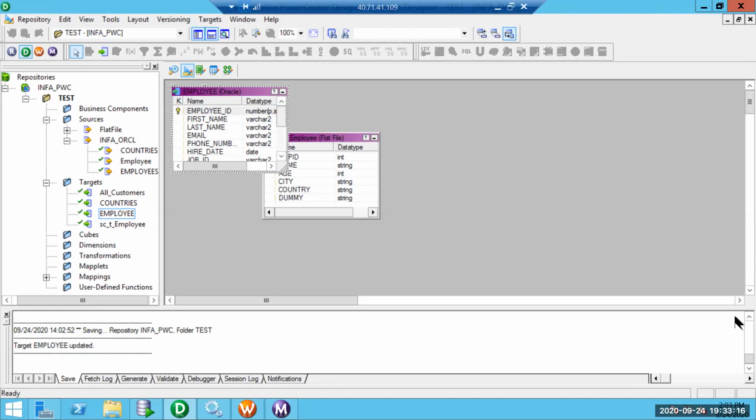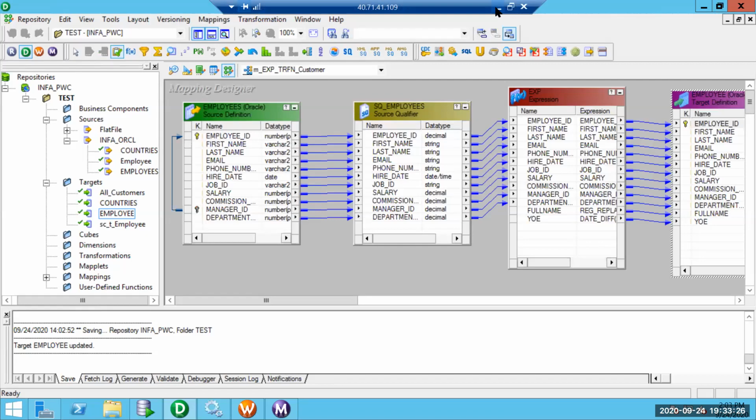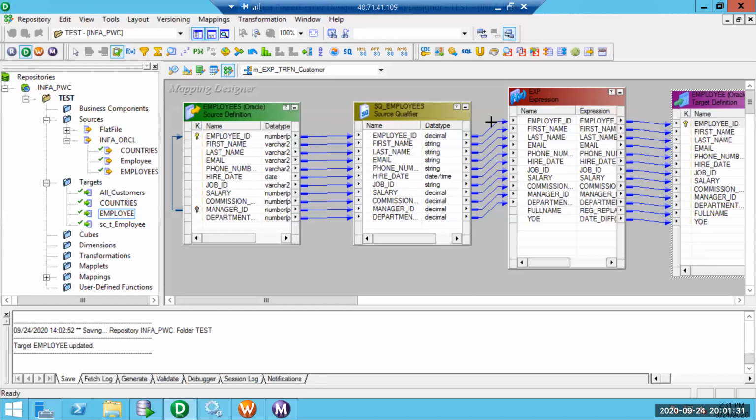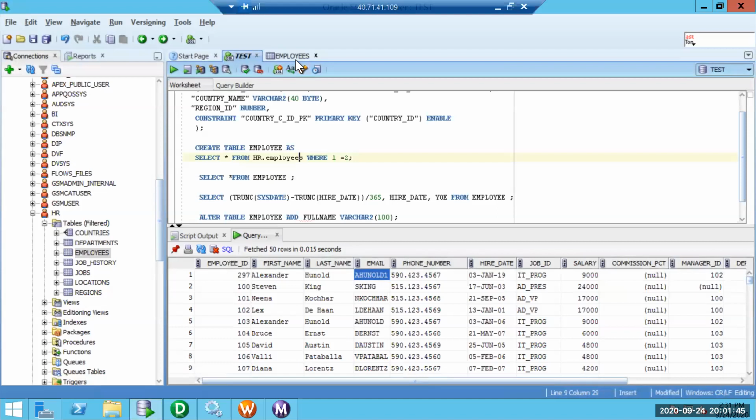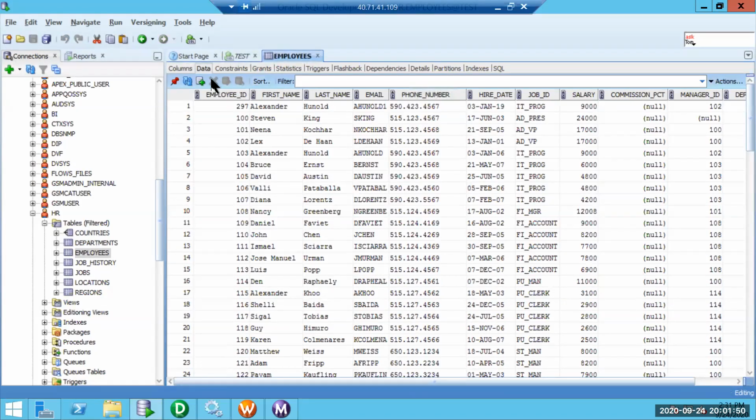So in this case, I need to specify the primary key. Now we have got the primary key enabled. If we see in the database table, I have not created any primary key on that specific table, employees. This is on the HR table.